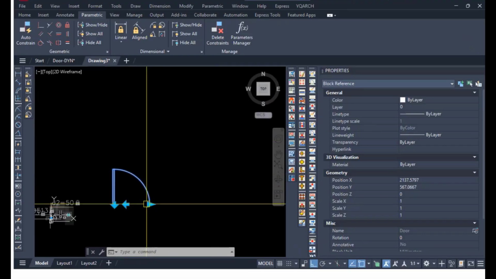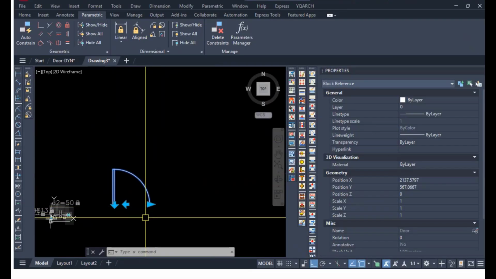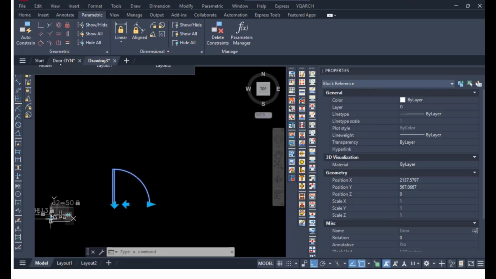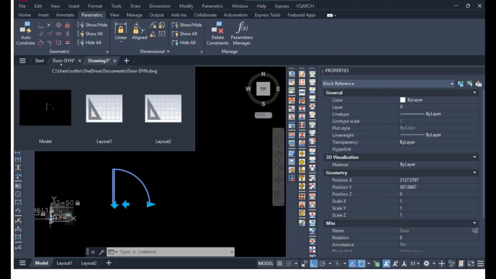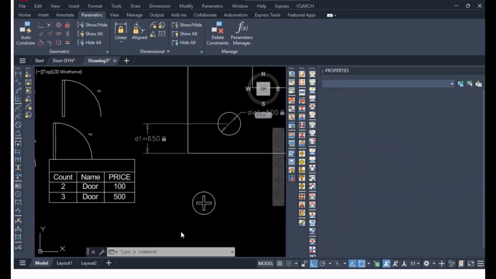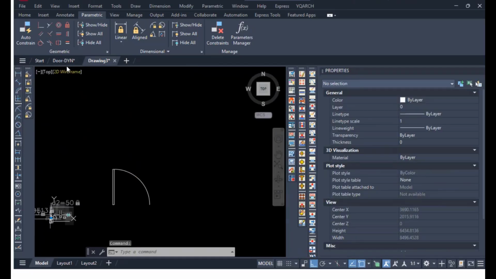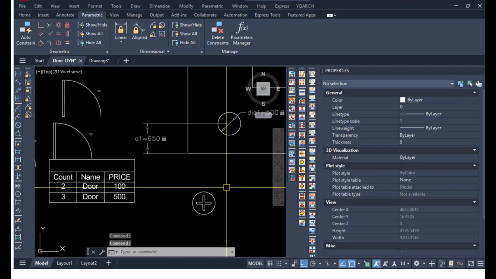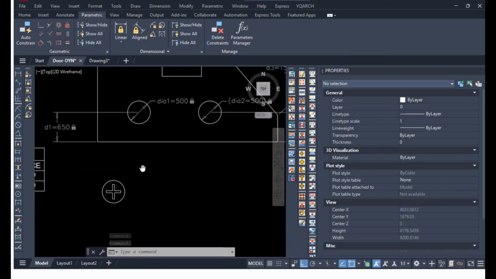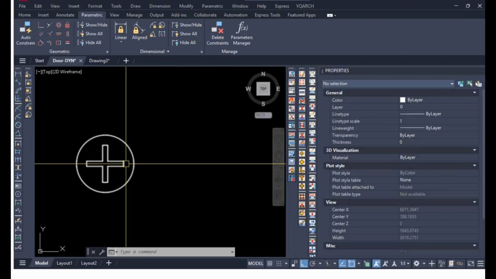That's quite easy for us to do the dynamic block. This is the next feature that benefits more than AutoCAD LT. So if you're still using AutoCAD LT, maybe this feature can help you a lot. So maybe you'll consider changing to full AutoCAD. Another thing is that we have the type of the,